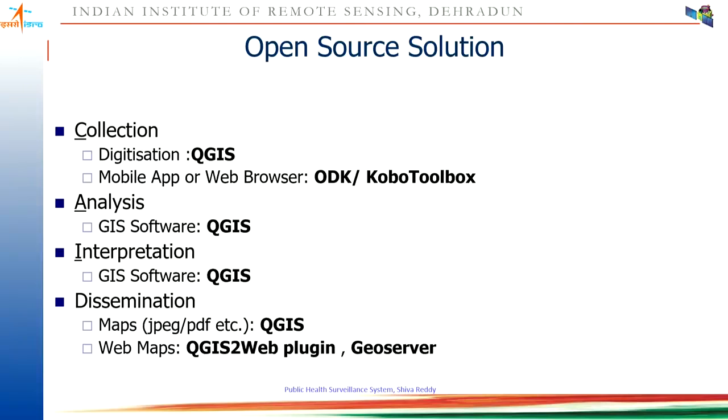any domain, forget about health, anything, if you want to collect data from multiple users, basically you can use these solutions. So you don't need to develop a mobile app, a generic app is there. You just need to have a server, and on the server you send the necessary details, and the data will automatically be reflected in the mobile app. And if you cannot access the mobile app, suppose you are using some other OS in the mobile, you can use a web browser, and from there you can collect data.